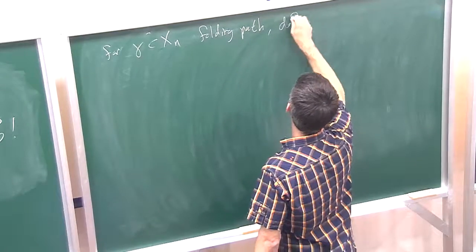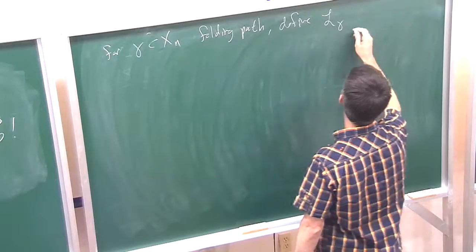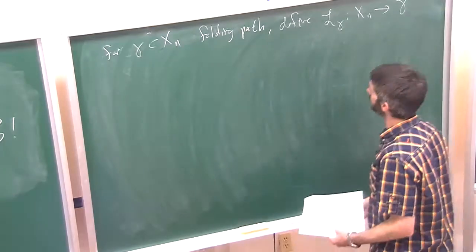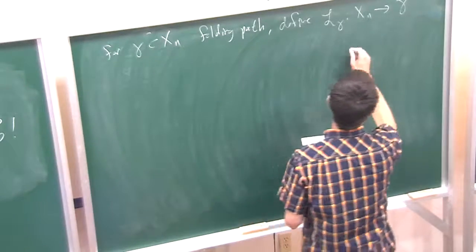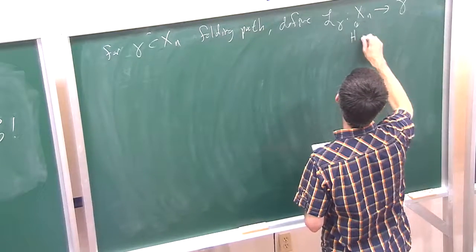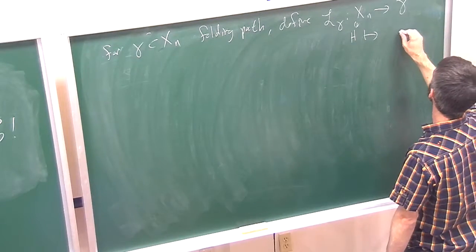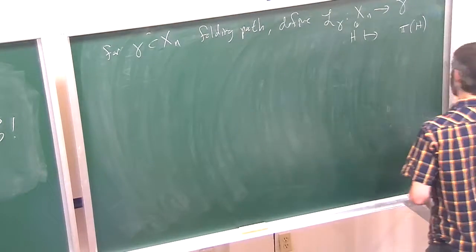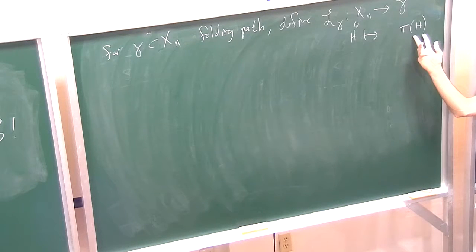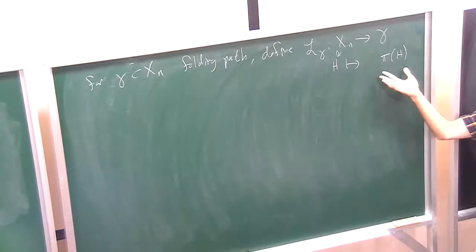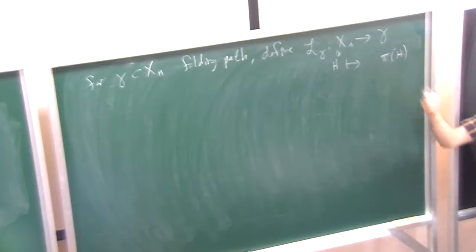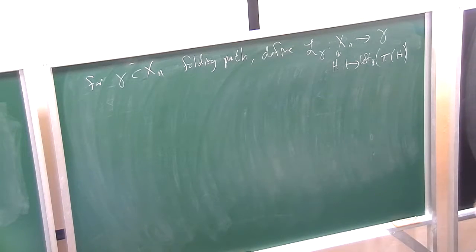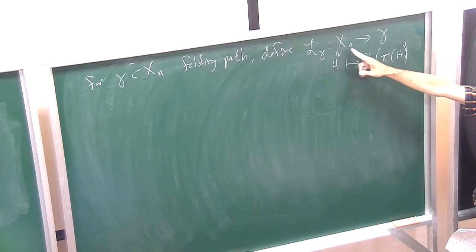Now I can define another kind of projection. I'll call it L, I just made up a letter. So I could do this in all of outer space instead of in the free factor complex, by sending a point H in here. So I first project, so this is some graph in outer space, to the free factor that picks out some conjugacy class. And then I can project that conjugacy class to the geodesic, I can pick out its left. Okay, so this is some other way to define a projection now from all of outer space to each folding